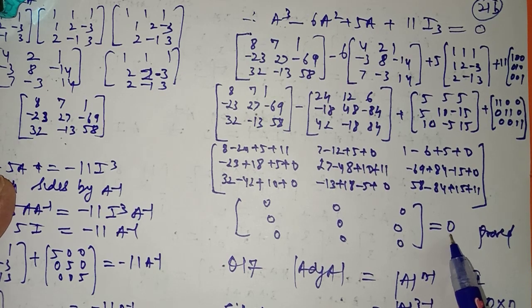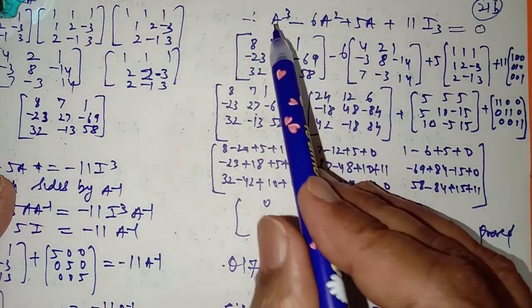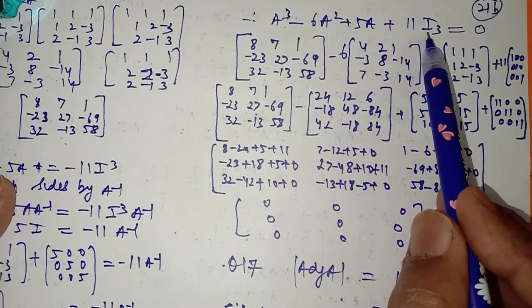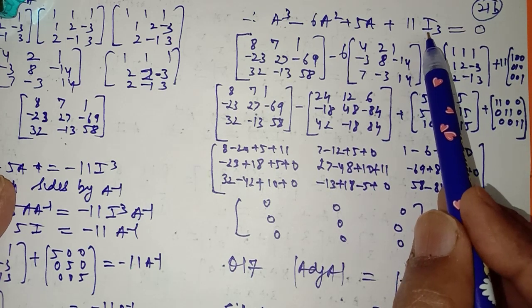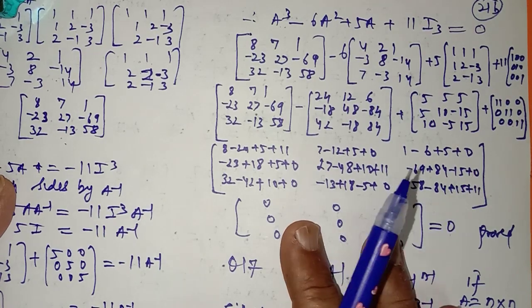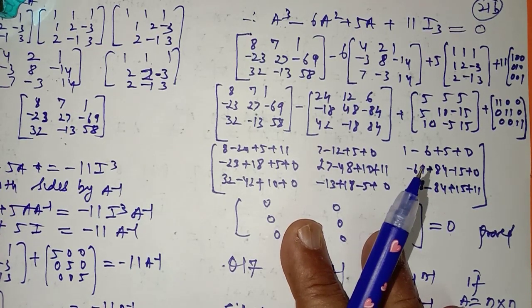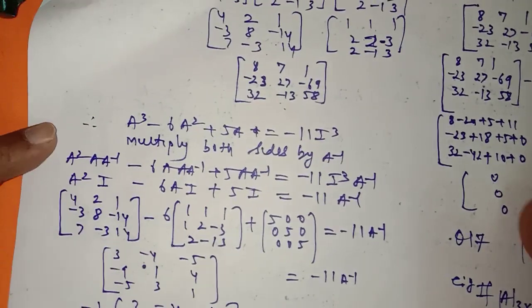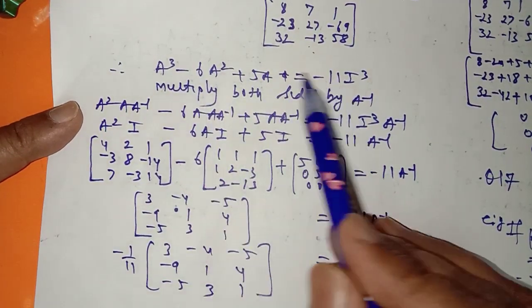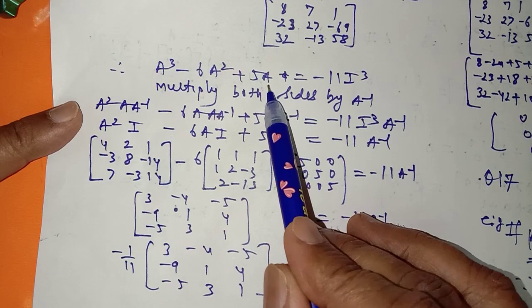Now what you have to do in this question also, you have to use this equation to find the value of A inverse. You don't have to find the adjoint or determinant of the given matrix by using the formula. You have to use this equation. This is the meaning of the word hence here. Now as usual, as we did in the last question and in the last lecture, you have to use this equation to find A inverse.